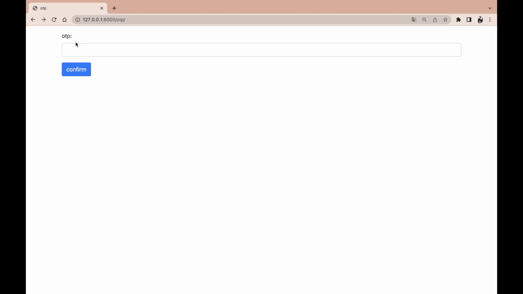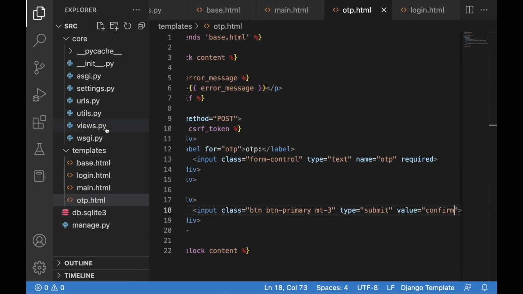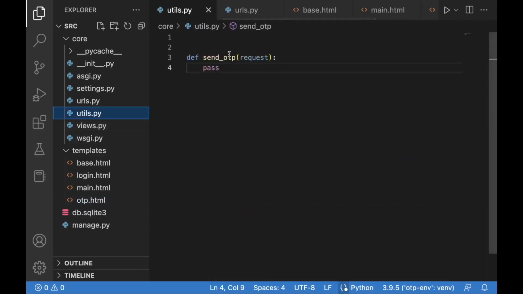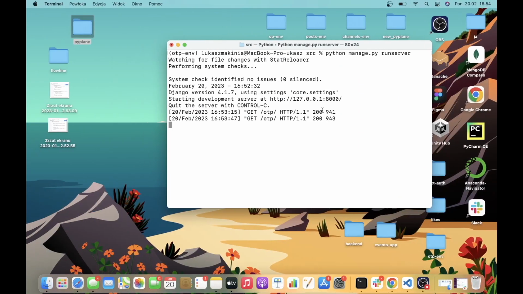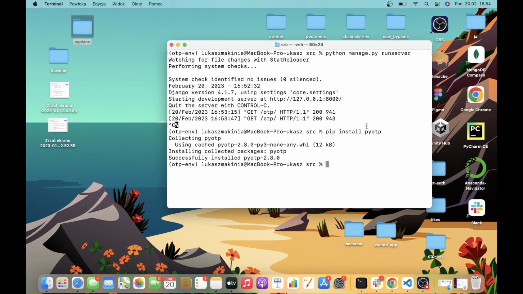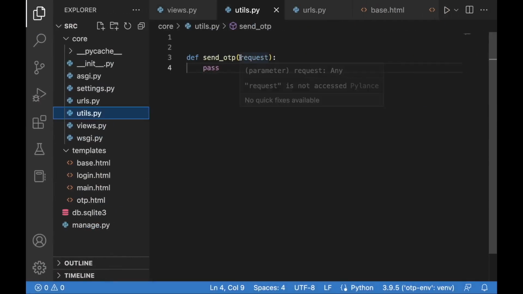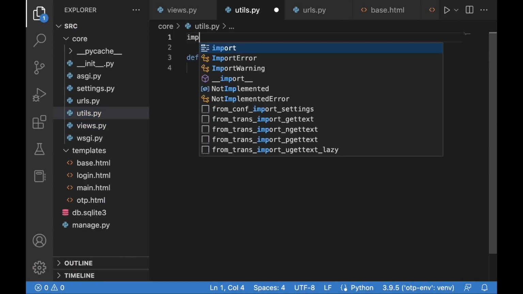All right, but we are not generating one-time passwords just yet, so let's actually do this. And as mentioned before, we will do it in the send OTP. Before we actually put the code inside of this helper function, we need to install a package called Pyotp. So I'm going to quit the development server from running, pip install Pyotp, and let's wait a few seconds. There it is. So now we can run the server again, and we will begin by importing